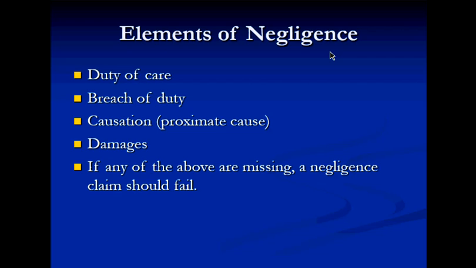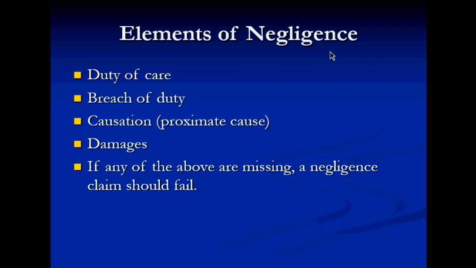First, there has to be a duty of care on the part of the defendant, breach of duty, so breach of that duty of care, causation or the proximate cause, the injury was caused by this. There's some type of damages, injury, whatever. There's something that occurred because of this breach of duty. Now, if any of these are missing, look at this word carefully, should. The claim should fail. Does not mean it will, but it should fail